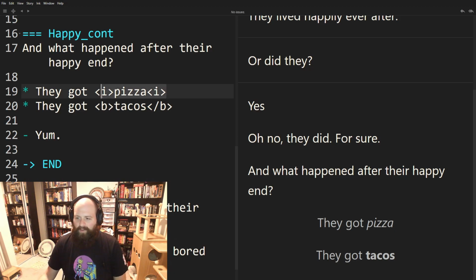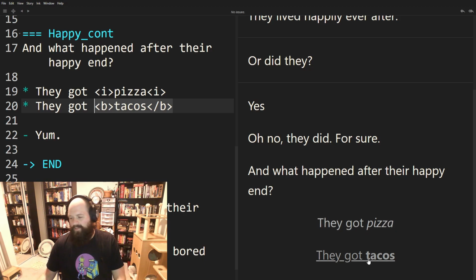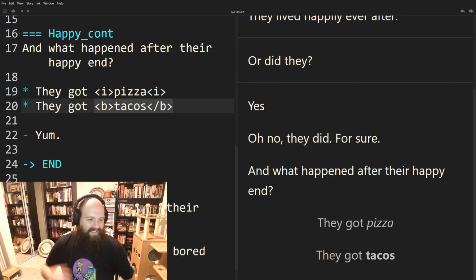So I've wrapped this one in italic brackets. I've wrapped this one in bold, and you can see that the word pizza is now italicized and the word tacos is now bold. This might sound familiar to any of you who are familiar with HTML, because this is just HTML right now. When this gets outputted, it outputs an HTML file, and within Inky we are viewing this through a web browser. So if you are exporting to web, yes. It supports text styling quite well,